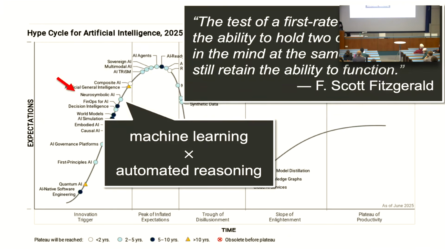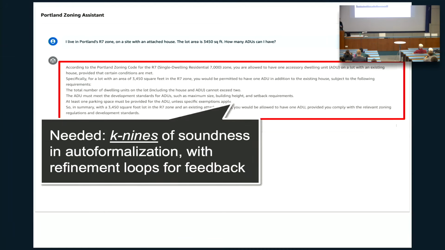So this quote I like and use a lot is that the test of a first-rate intelligence is the ability to hold two opposed ideas in the mind at the same time and still retain the ability to function, right? So the idea is soundness is super important. That's our tenet. That's why we're here. That's why we're paid. But on the other hand, we need to make these tools useful also. And so you can't just always say, I don't know. And so that's the challenge.